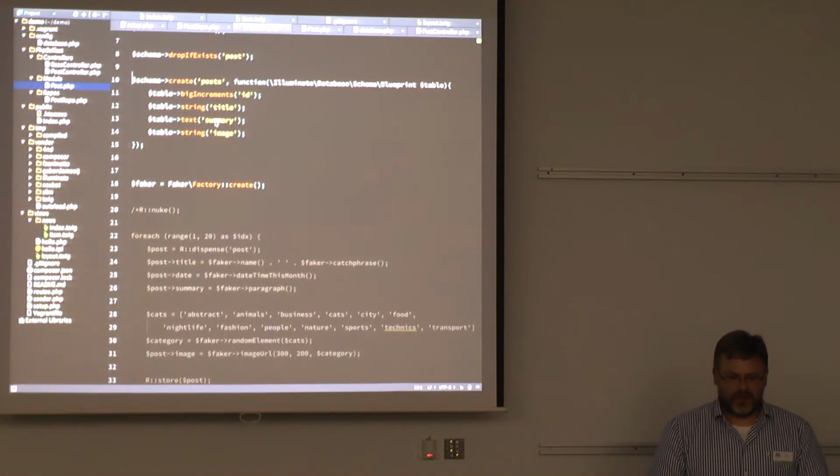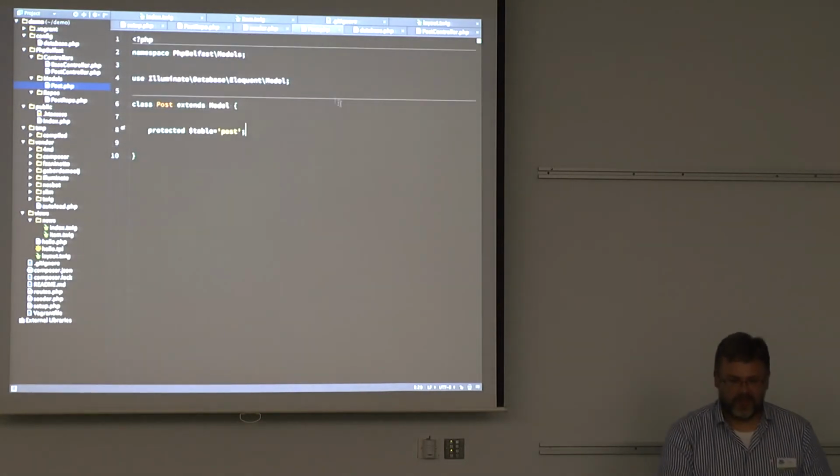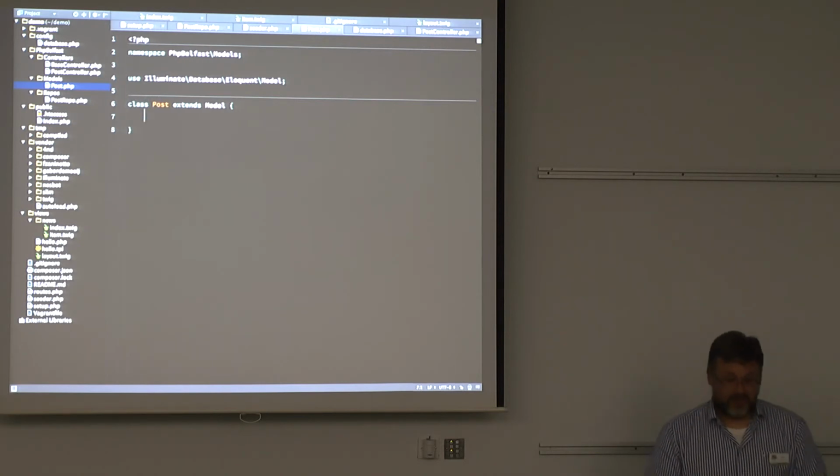So what do we want to do now? Well, first of all, the posts table doesn't exist anymore, and every time we run this script, we're going to blank the database and start again, so we're going to drop posts. We can also, at this stage, before I forget, go back to my post model, and we no longer need to say what table this post model is associated with. Eloquent is clever enough to know, oh, it's called post, you must mean posts. So that's all our model needs to be right there. We'll go back to our Cedar script,